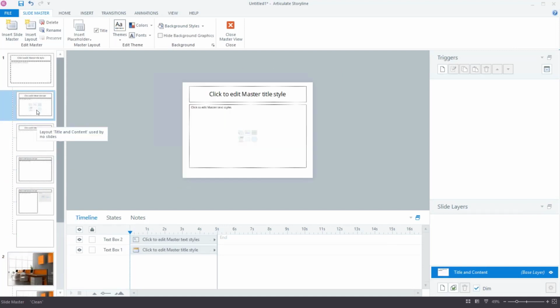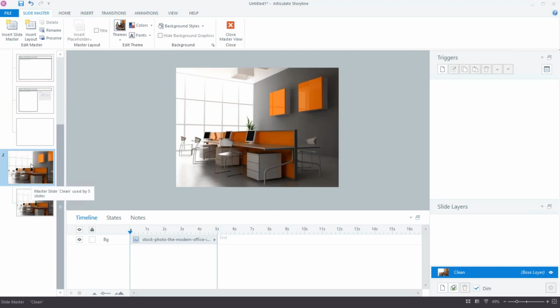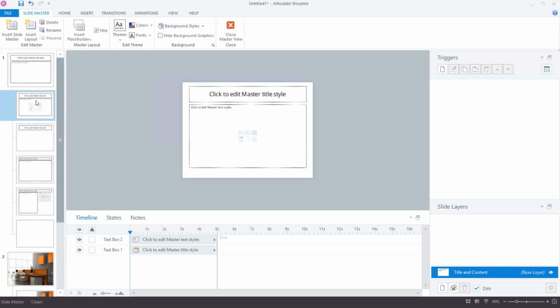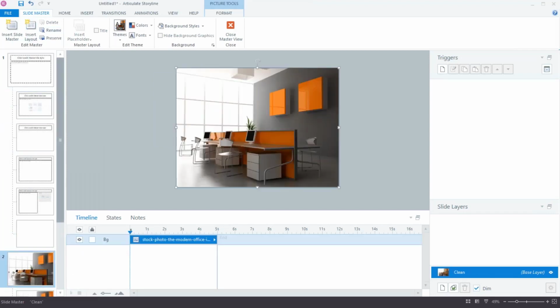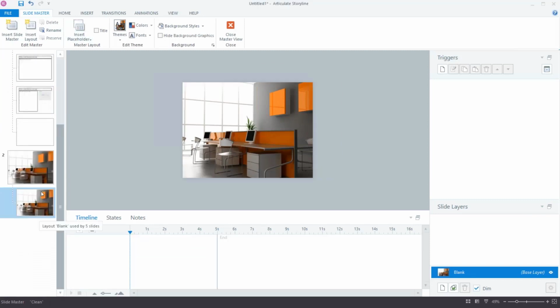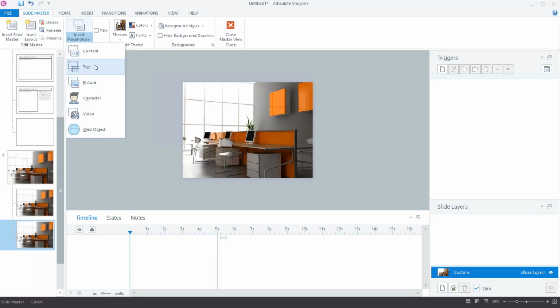So in this layout, this one's called a title and content, and it's just on the blank slide. For the design I'm using, the template I'm using, there's just really one master and one layout. But if I wanted to create more layouts, I could do that. I can go in and create multiple layouts. And this is where I can go in and insert placeholders. If I'm on the master slide, on the first blank slide of the layout, let me make a copy of this so that we can do multiples here. So on this one, I'm going to say insert a placeholder that is a text placeholder.